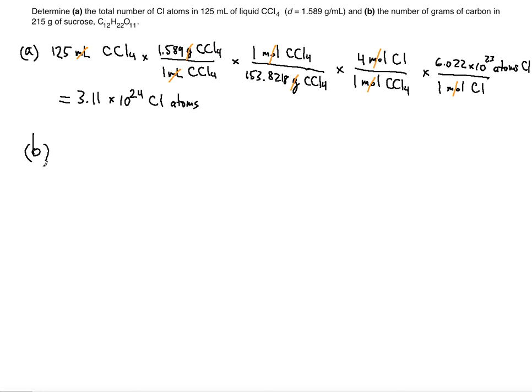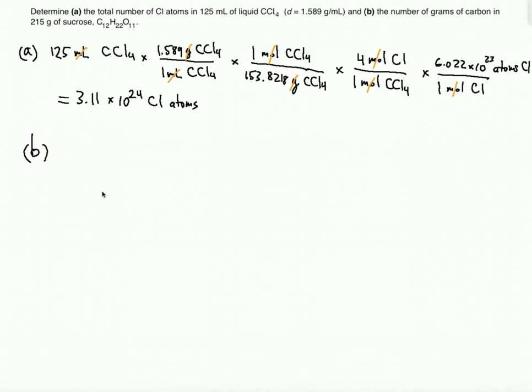Now part B, we need to find the number of grams of carbon. So we take 215 grams of sucrose. Then we know that we have to find the number of grams in 1 mole of sucrose, right? So 1 mole of sucrose,